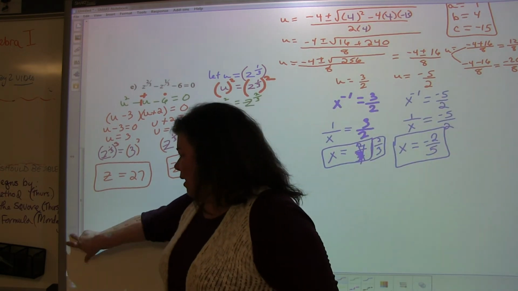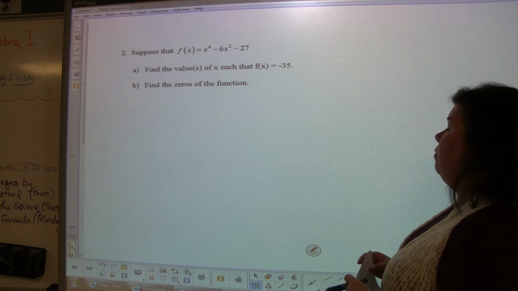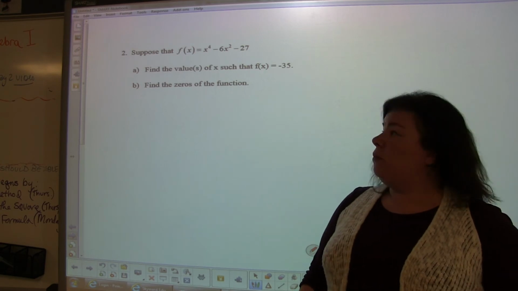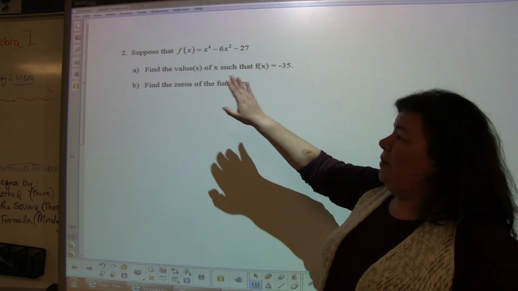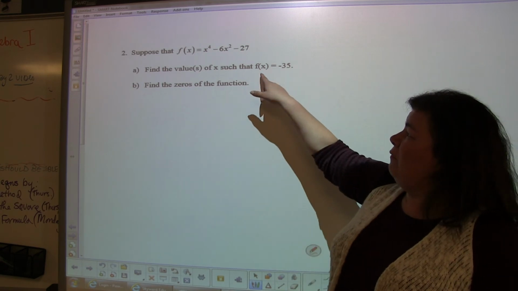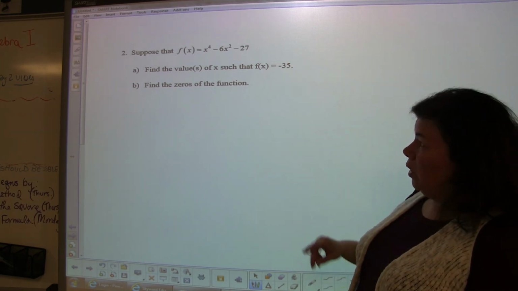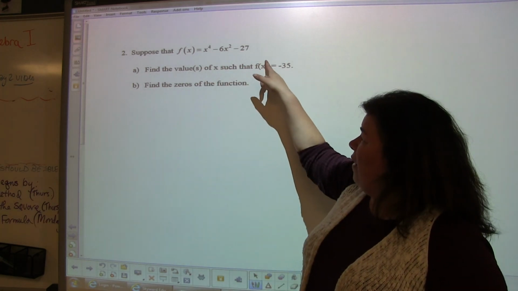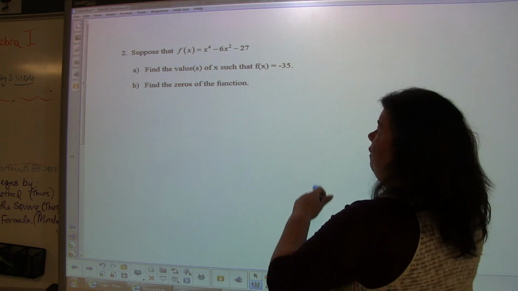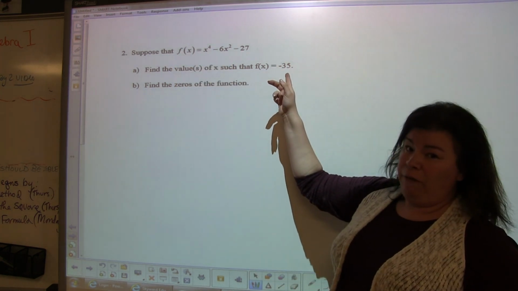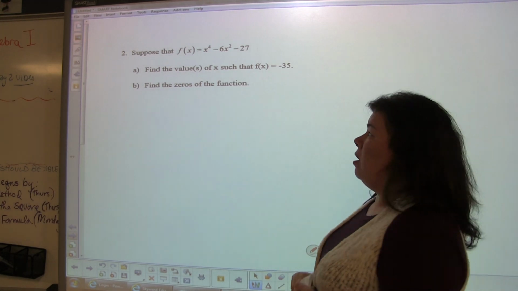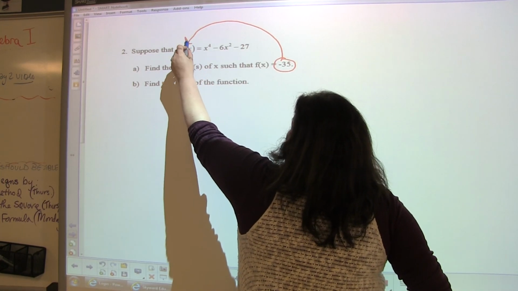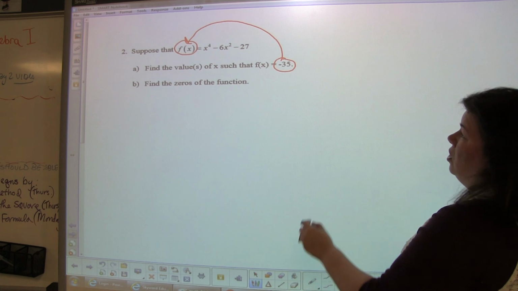So if we go ahead and turn to the back side, on problem 2, it's saying suppose that f of x equals x to the 4th minus 6x squared minus 27. And they want us to find the values of x such that f of x equals negative 35. So we are looking for our inputs for x such that our y value, or f of x, equals negative 35. Please do not substitute negative 35 in place of x. That would just be wrong. We're actually going to take negative 35 and replace it for all of f of x. So what we're doing